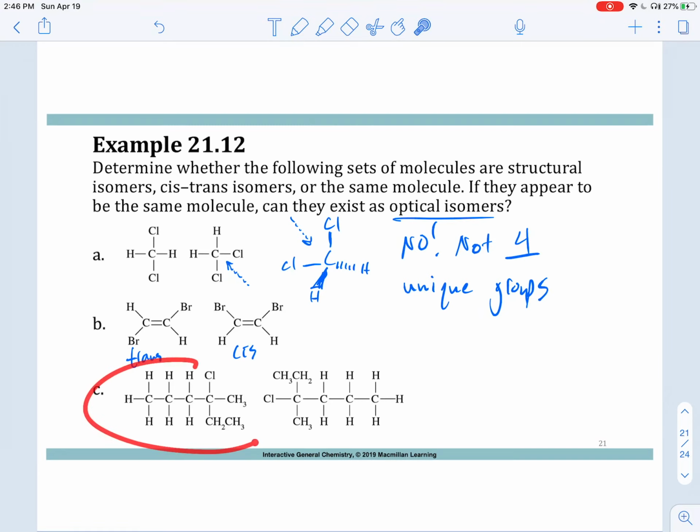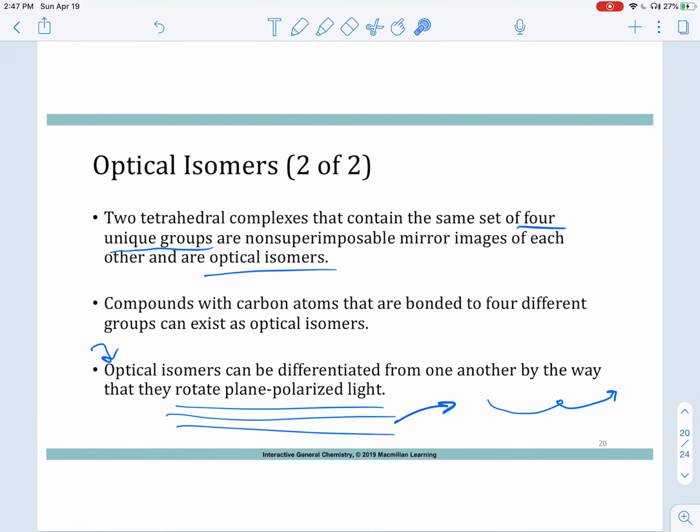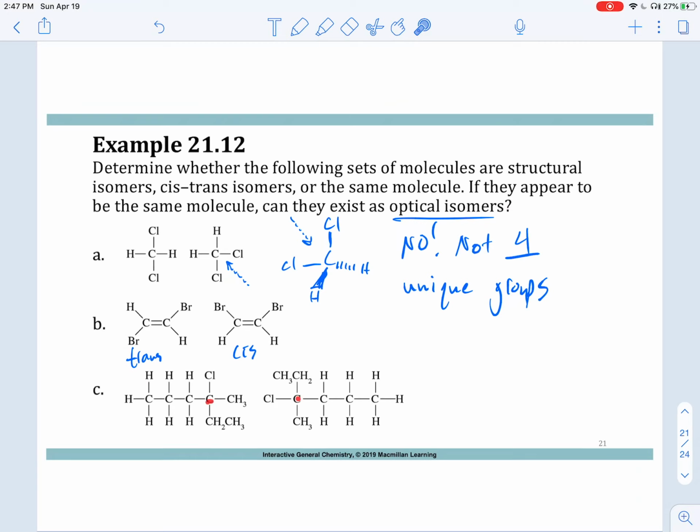Finally, this versus this. Again, I'm going to start looking at connection points. This carbon here is connected to a chlorine, CH3, and an ethyl group. This carbon here is the same, and they're also connected to this 3-carbon chain. So I'm leaning towards same molecule again. It's possible that they could be optical isomers, but if you look at this and try to think, what if I just flipped this direction? What would this look like? I'm going to just flip it around like that. It would be